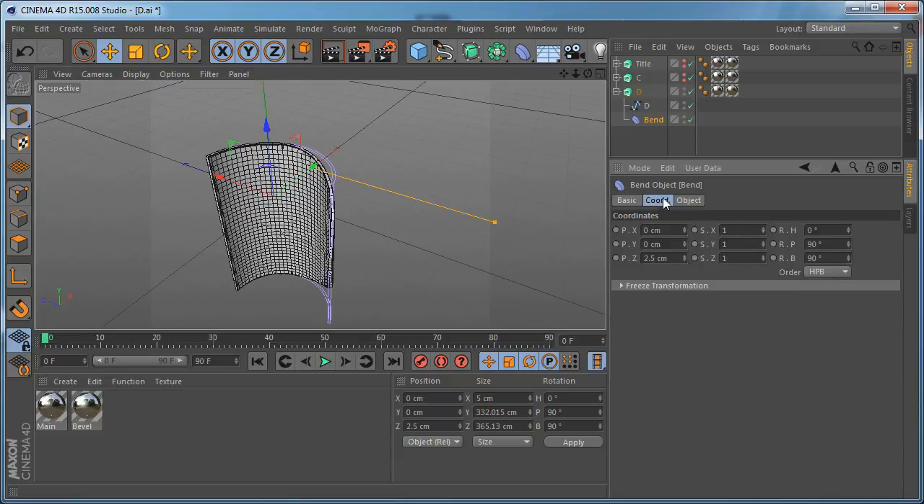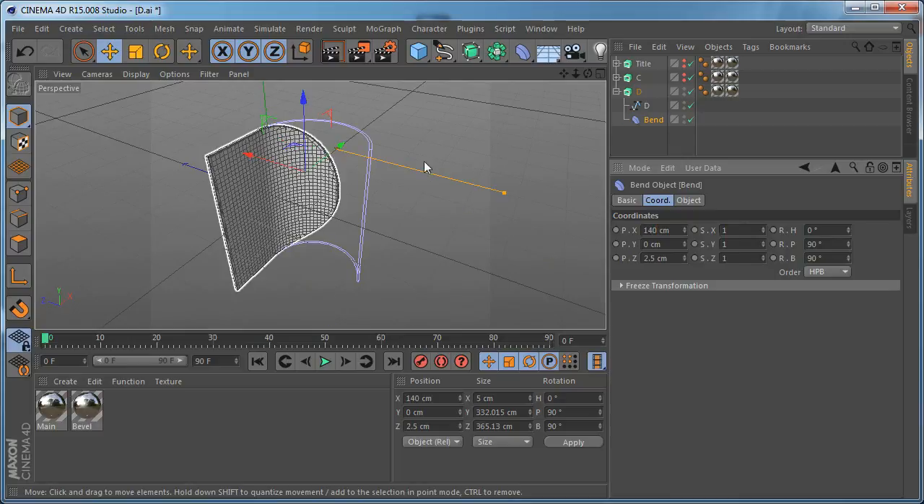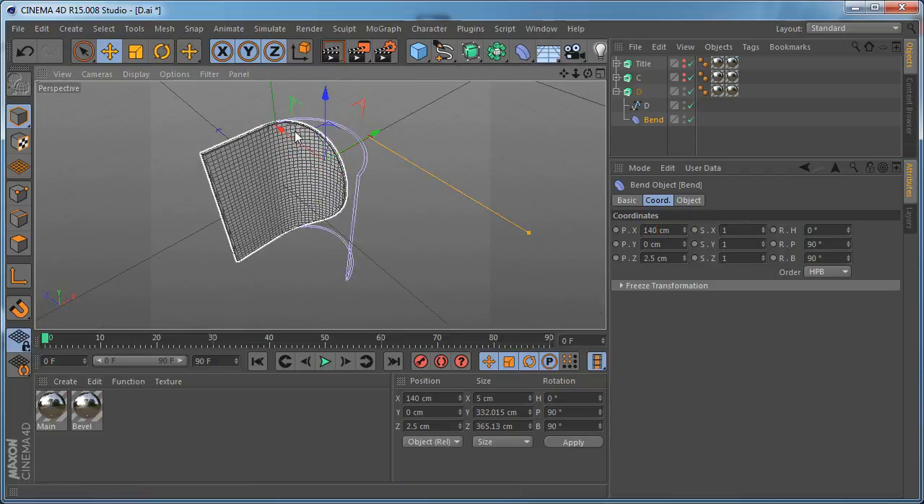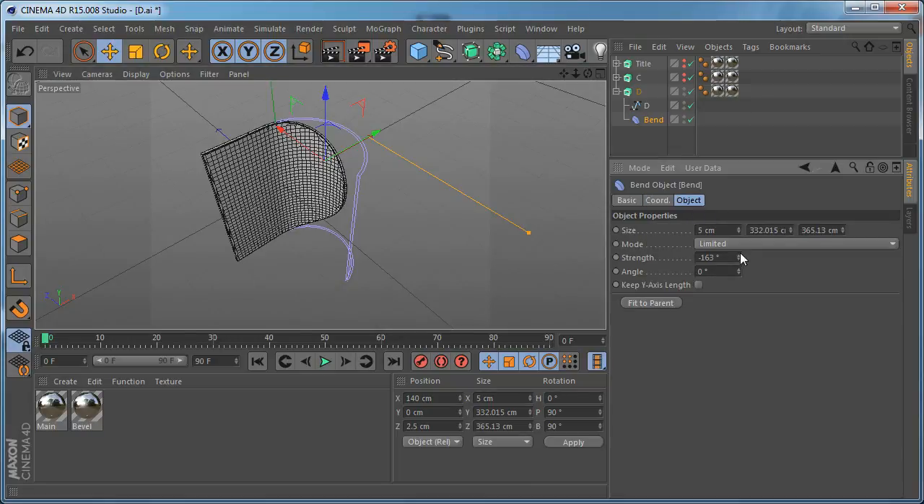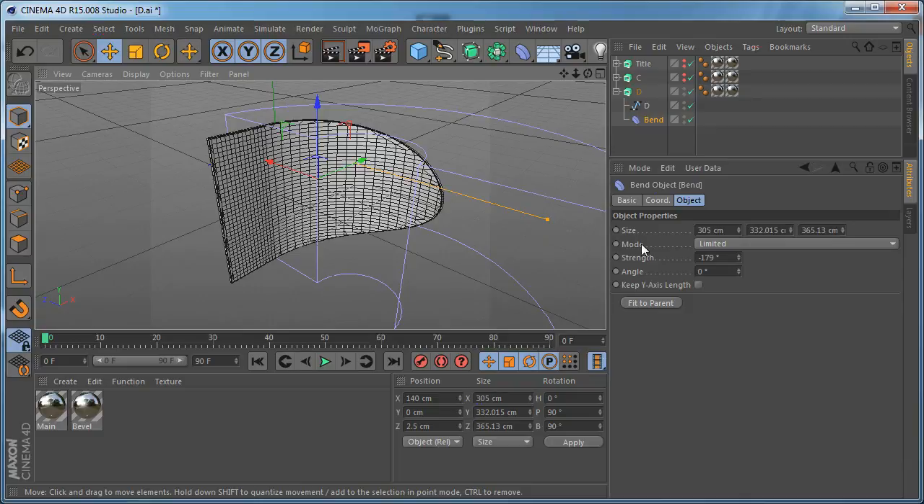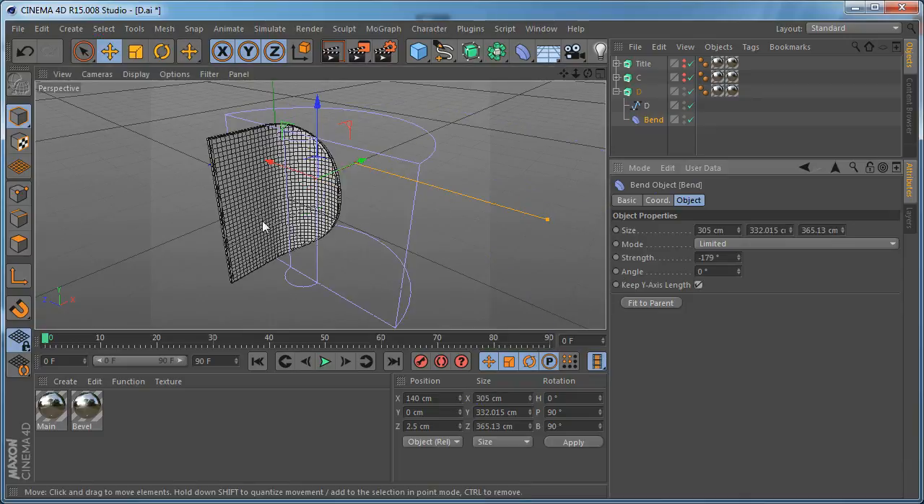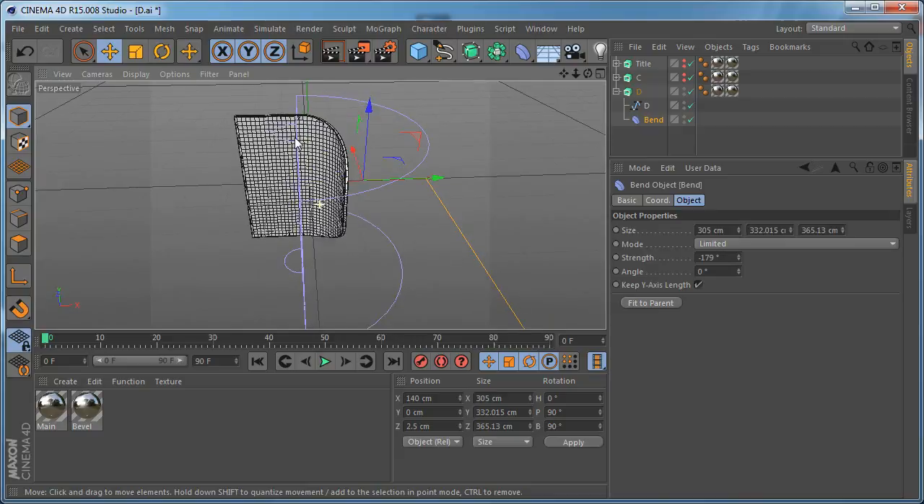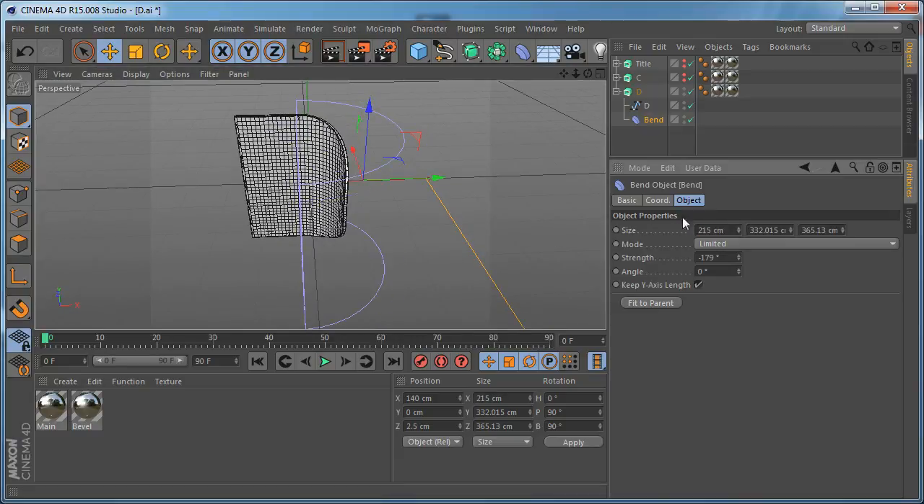And let's go to the coordinates for the bend, and we want to offset it a bit because we want to bend only this front part here. And now if I increase this a lot and maybe increase the size, you can see how it deforms the object, and if we click this, it fixes it. So let's increase the size to 215 and 360 and 410,